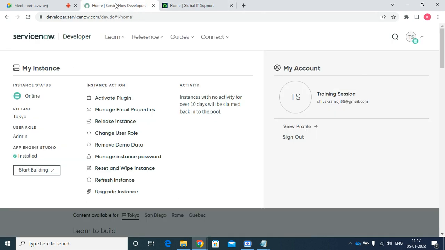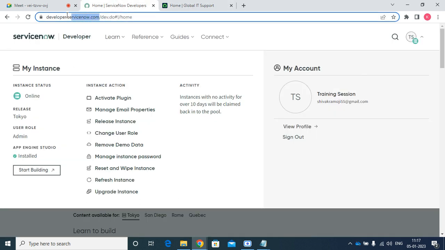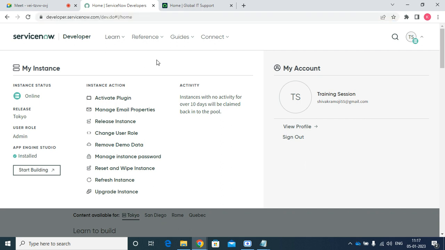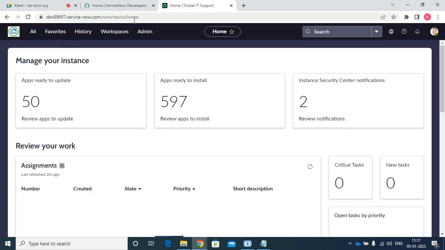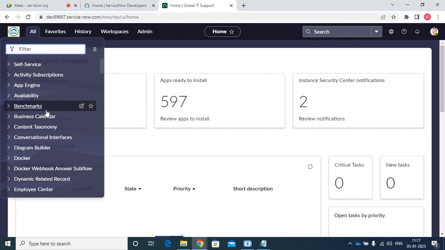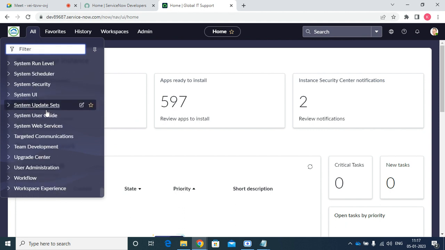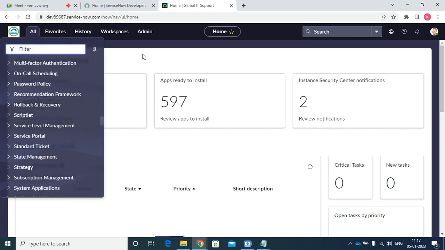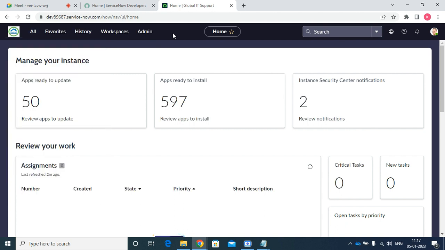I'm just asking: log in to developer.servicenow.com and create an instance for yourself. Once you have created an instance, log in to the instance. First, check the version of it by using the left navigation search keywords or from the system diagnostics. This is the basic thing you have to do. Once you have checked the version, the next one,